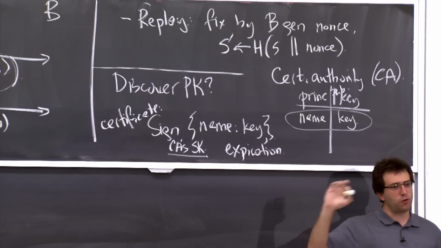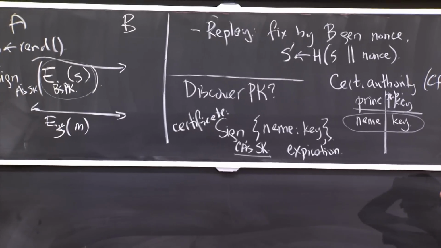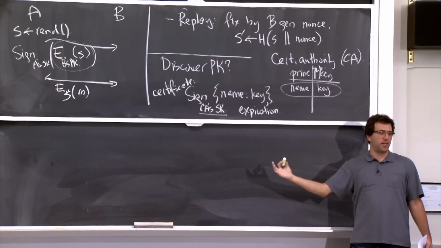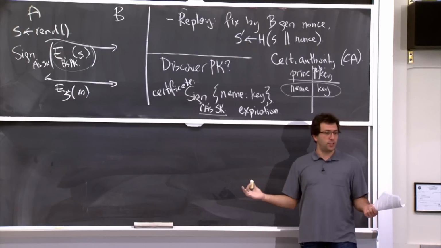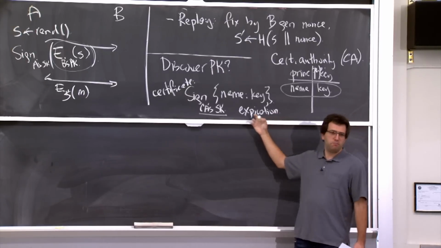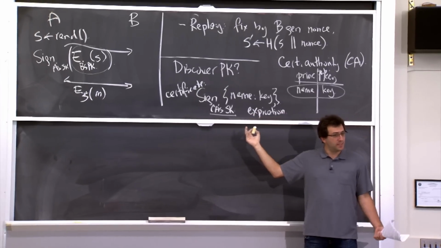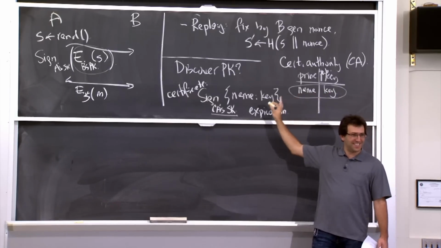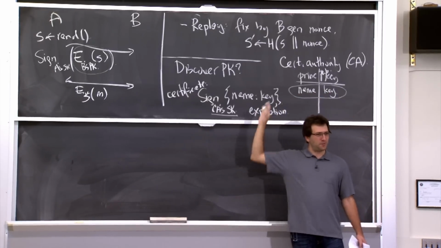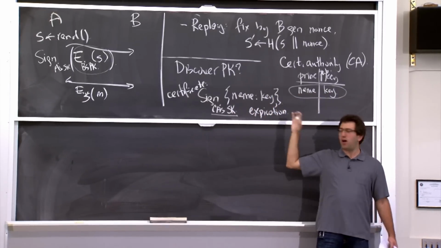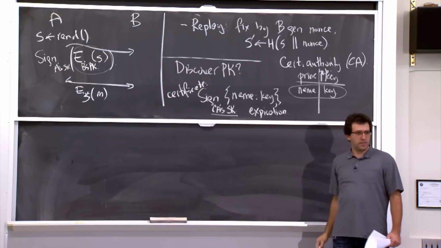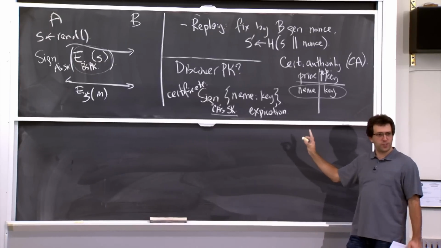This is kind of like a Kerberos ticket lifetime, except in practice, these tend to be several orders of magnitude higher. So in Kerberos, your ticket lifetime could be a couple of hours. Here, it's typically a year or something like this. So the CAs really don't want to be talked to very often. They want to get your money once a year for the certificate and then give you out this blob of signed bytes, and you're good to go for a year. You don't have to contact them again. So it's good for scalability, but not so good for security.